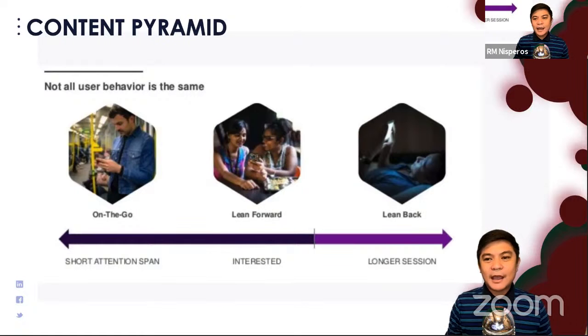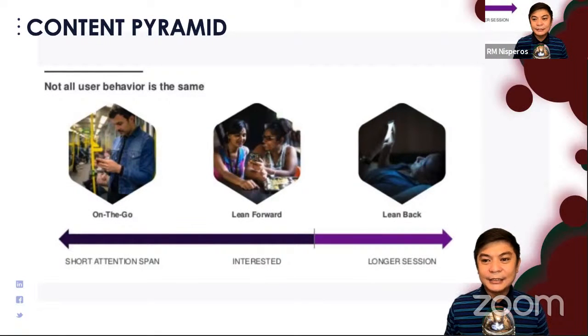On the go, as the picture states, is content that can easily be consumed while we are on a train, on transport, walking, or exercising. You can just read or view videos and then close immediately when you want to. That's on the go content: quick, bite-sized content that can get the message across.